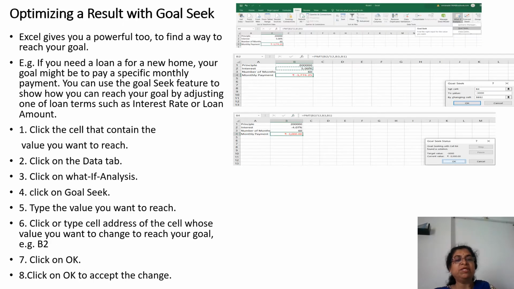Okay, now the next function is Goal Seek. Suppose you have assumed that you cannot pay the amount whichever the formula has given, but you have fixed your amount, so accordingly you want the interest rate. The number of periods may increase or change, that is a different thing for calculation. So here what you have to do,